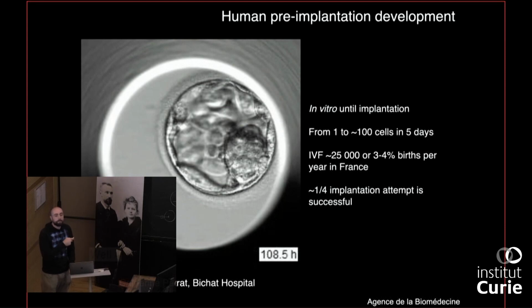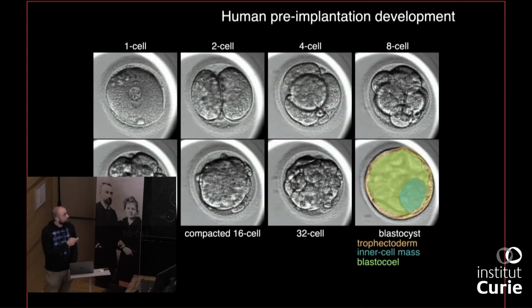I let you read the statistics here. It's maybe not super important today, but just know that this is something which is very commonly known nowadays. It's 3 to 4% of births in France. So that's about 1 to 2% in the room today, for example. So it's becoming more and more common. And so some of the embryos are never used for procreation, and some of those embryos are donated to research. And so you can actually access this material for your own experimentation within the legal limitations, of course. And so you can study this process now in the lab.